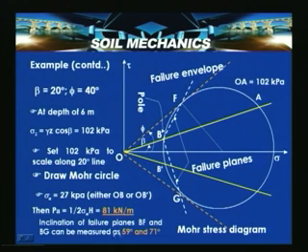So, the inclination of the failure planes BF and BG can be measured. BF is 59 degrees with the horizontal, and BG, which is the other failure plane, is 71 degrees with the horizontal. So, by using these concepts, we can also solve this problem graphically and compute